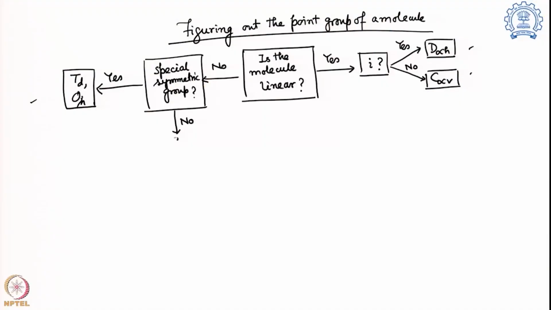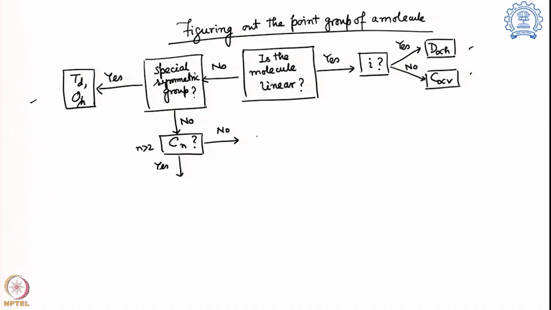So, the question is going to ask: do you have a Cn or not, where n is greater than 2? The answer can again be binary, no or yes. If the answer is no, that means it belongs to one of the non-rotational groups, and in the non-rotational group